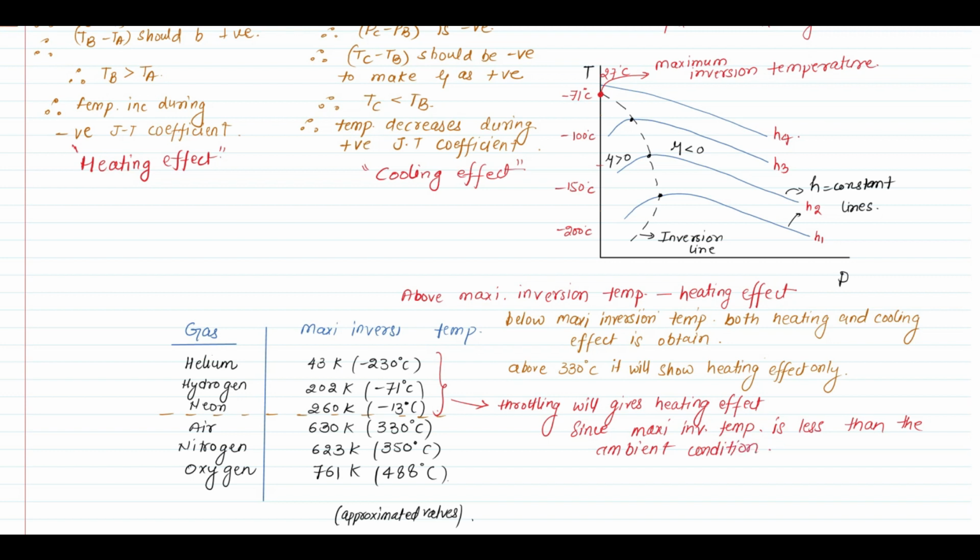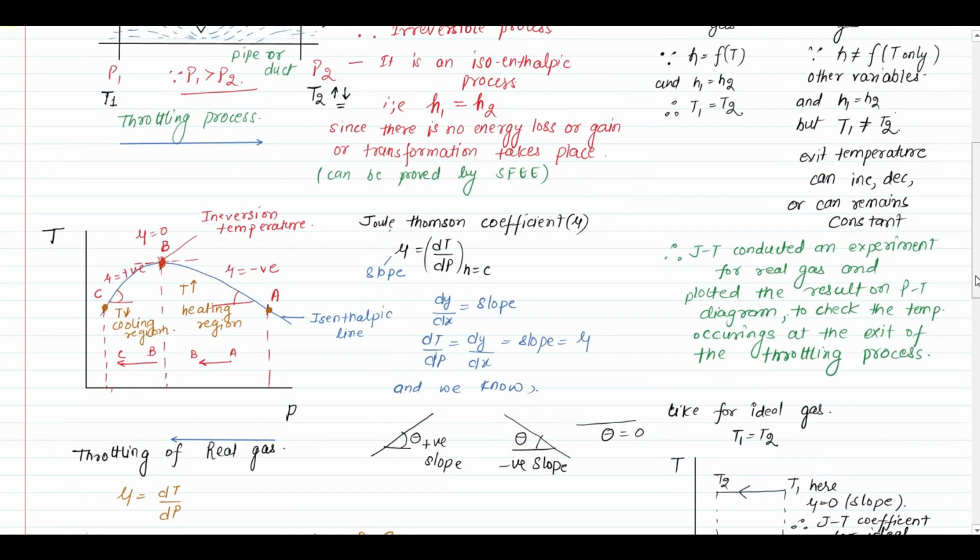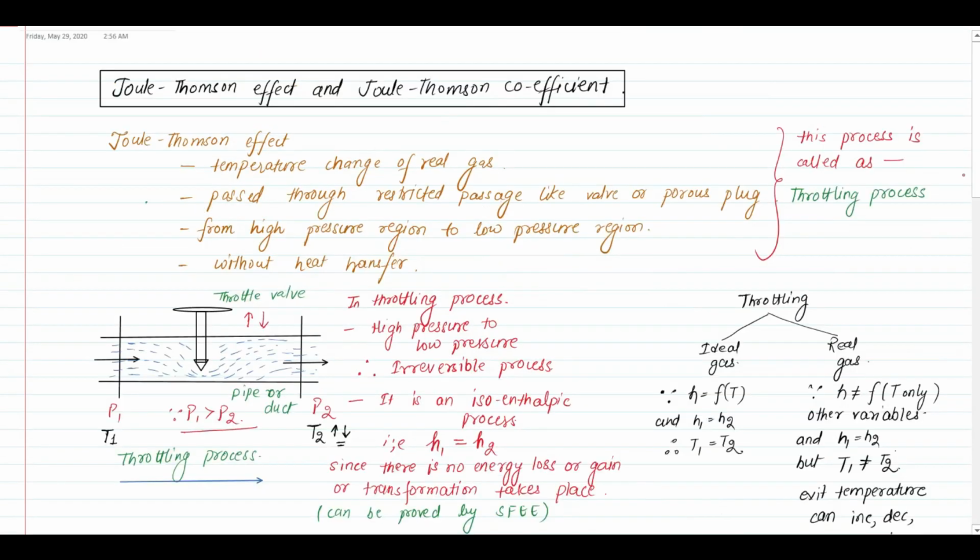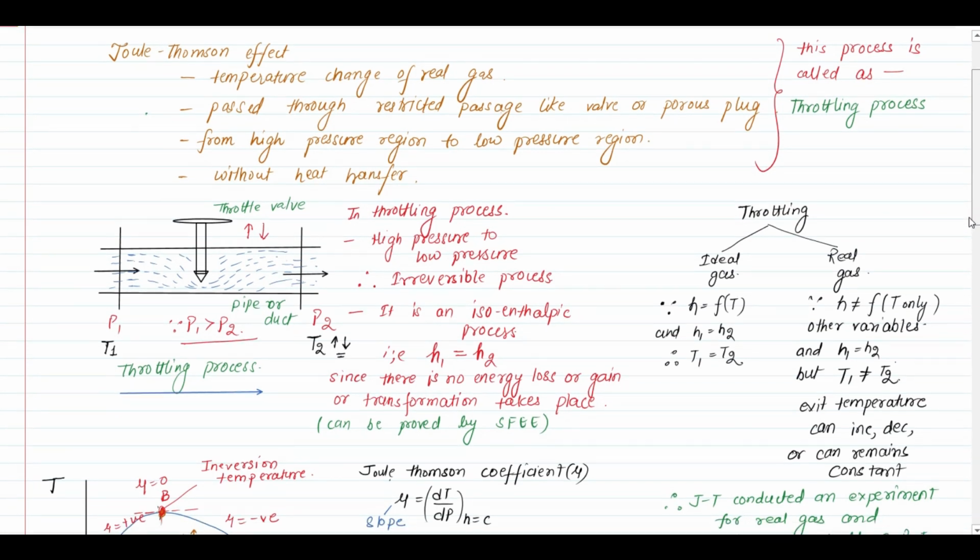If we want to use hydrogen for a refrigeration system, first we have to cool the hydrogen gas below its maximum inversion temperature with the help of nitrogen gas, and then we will proceed for